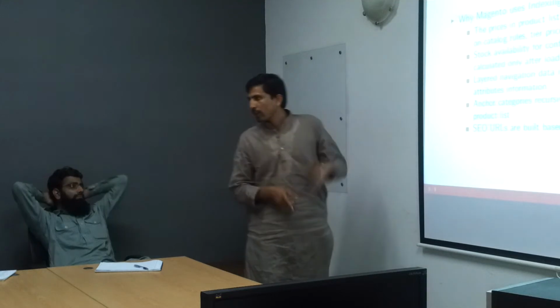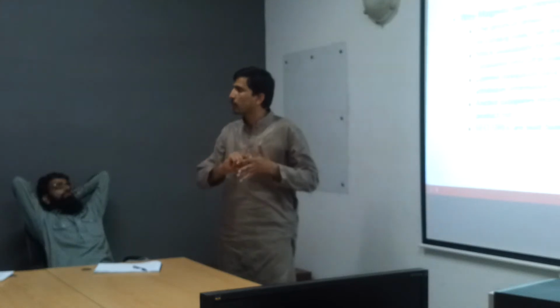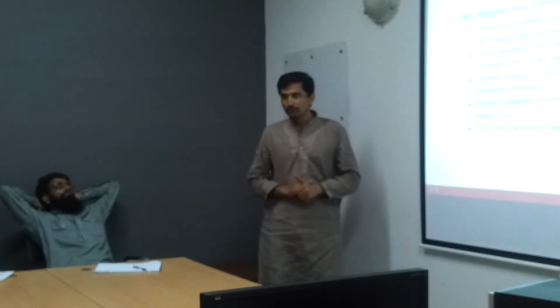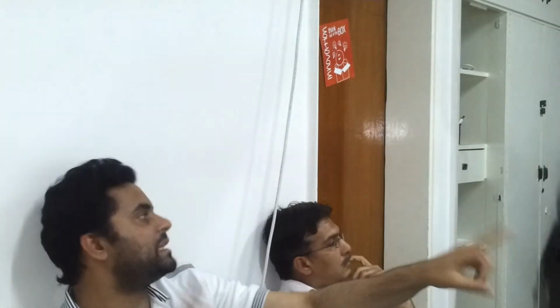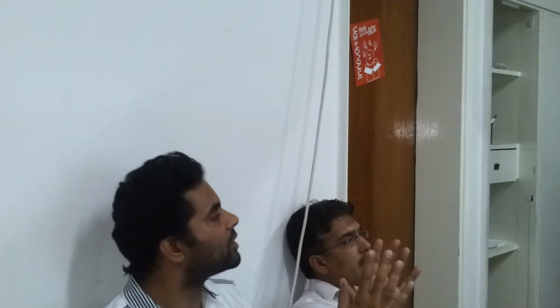I gave you a rough figure that we had 80,000 URLs. Those were the simple product detail page URLs, not joined with the categories. Good for SEO purposes. In simple words, the last point, SEO URLs, Rizwan has fixed this one. What makes it go from 8 hours to 18 minutes is that he did not create URL rewrites for 80,000 products. He just made 20,000 products rewrite, in simple words.